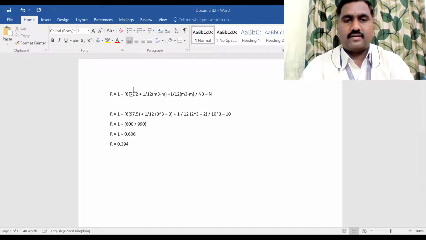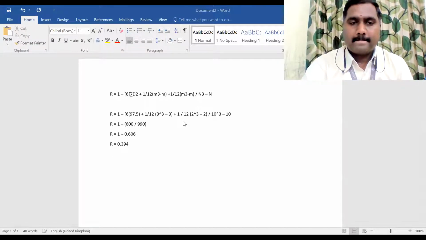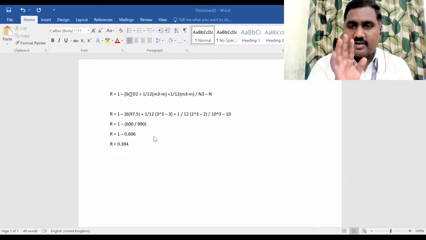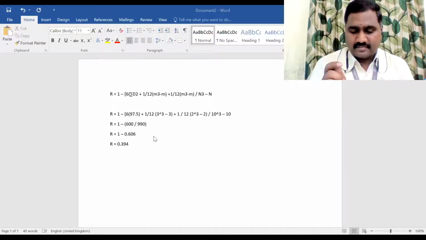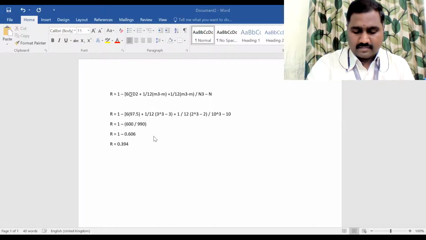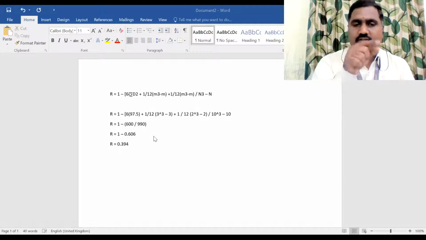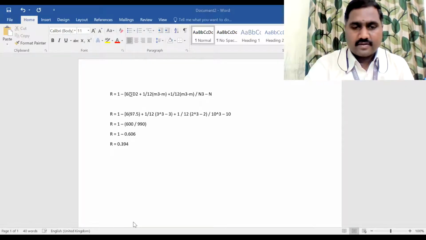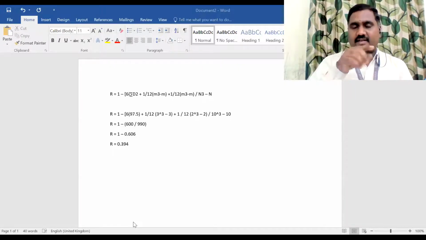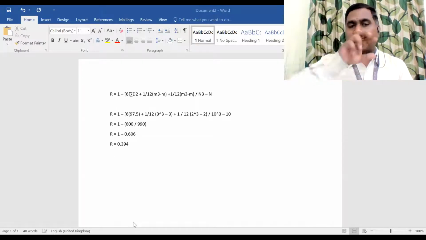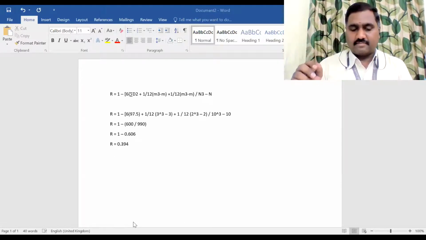Yes, JST. Sir, I have a doubt. That 6 which is outside the bracket, is it only for sigma d square, or do we have to add everything? Then the values will change. So I added everything in the bracket and then I multiplied it with 6. I thought that 6 is outside of the bracket, so we have to add everything inside the bracket. 1 minus 6, open the flower bracket, right? Inside the flower bracket only everything is there. This is right. Okay, sir. What you have done is correct.